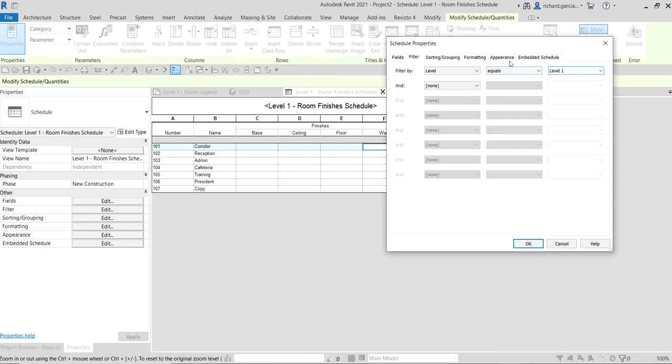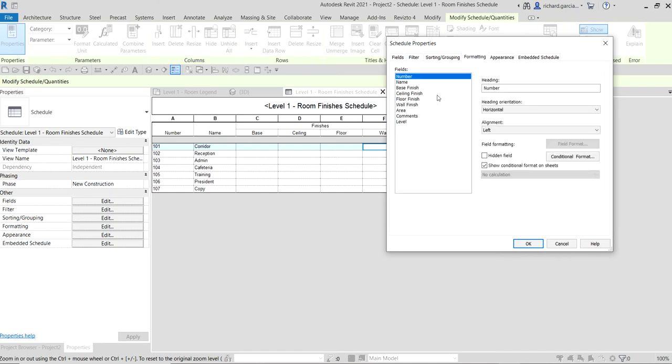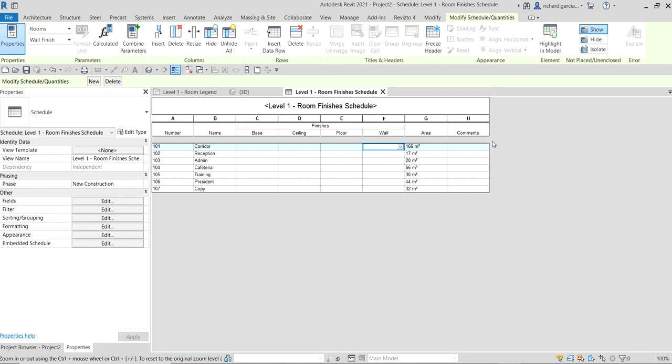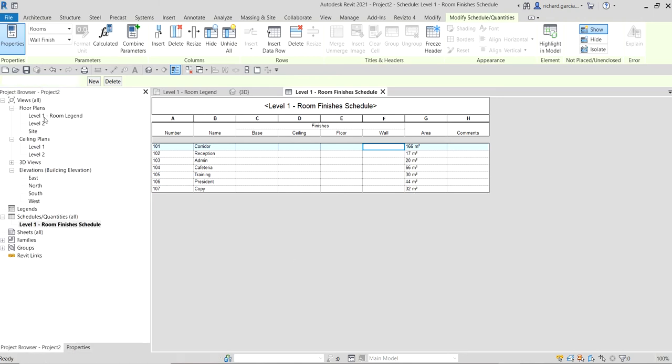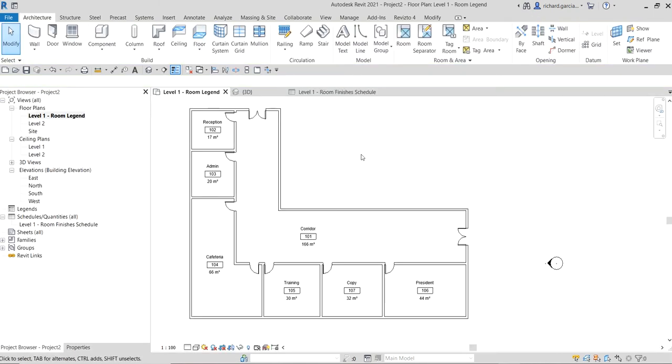So what we just did is hide our level field so that it's not showing on my schedule. So there's no level here, and then level 1, level 1, level 1, because we already put it on the schedule name, which is level 1. Right, so now if you want to make it colorized,